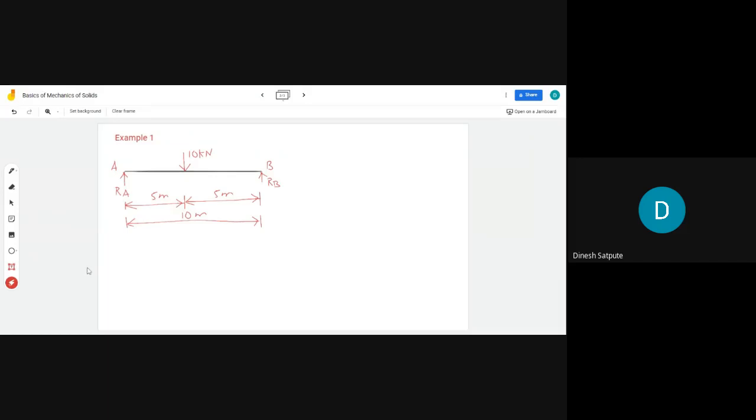But there is a proper procedure. If you follow that, then you will be able to calculate reactions in any other case. Even if this 10 kilonewton is acting somewhere over here at 1 meter from the left end, you will be able to calculate the reaction. That's why I have considered this simple numerical. So first we have to note